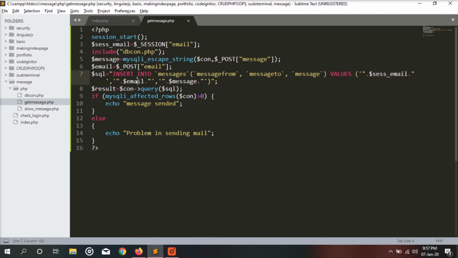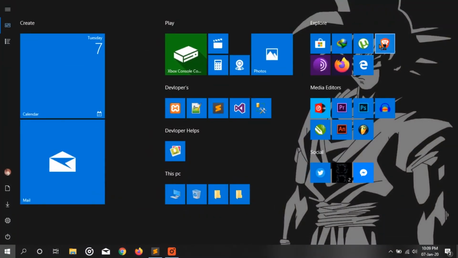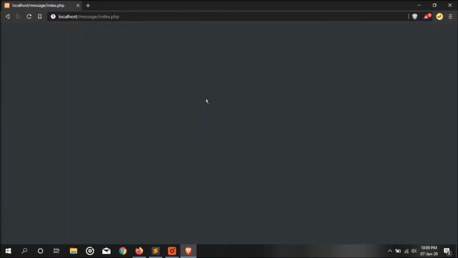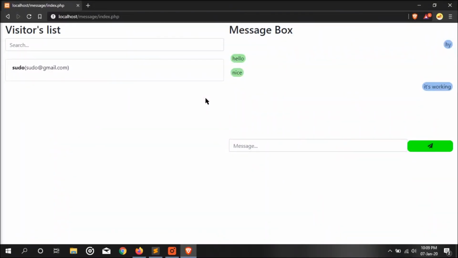So now our application is almost complete, and we are going to check how it is working. For that we are going to open two browsers on the same PC, go through the link, and provide credentials, using different credentials so that we will be able to chat with each other.